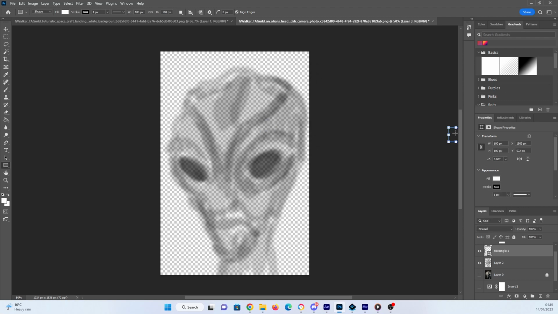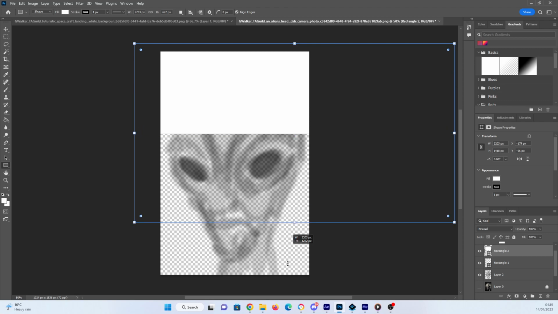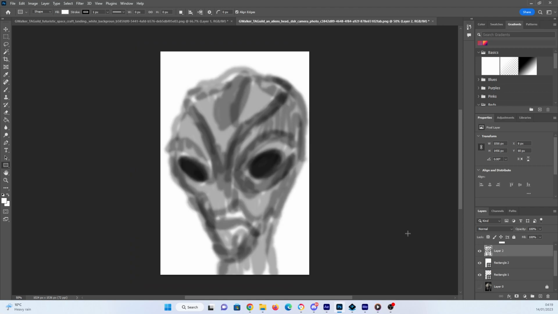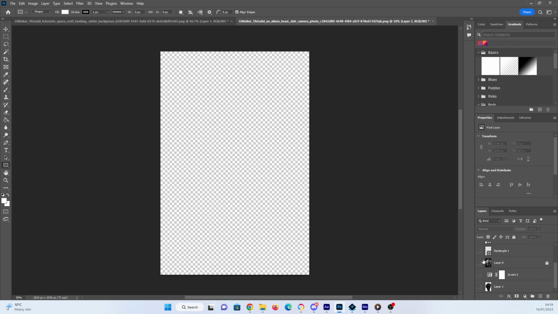I don't know what happened there. Is that a rectangle? This can be our rectangle. Right, now obviously the layers are in the wrong place, so if I put this above it, there we go. Now then, once you've got it right, this is very crude, this wouldn't come out very well. Remember what we're trying to achieve here is ultimately something like